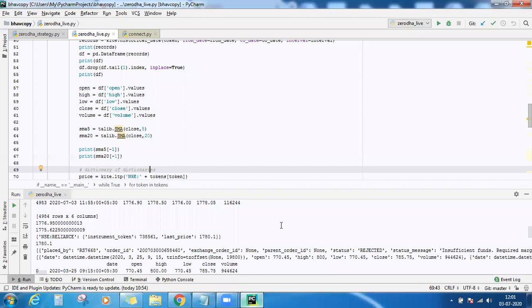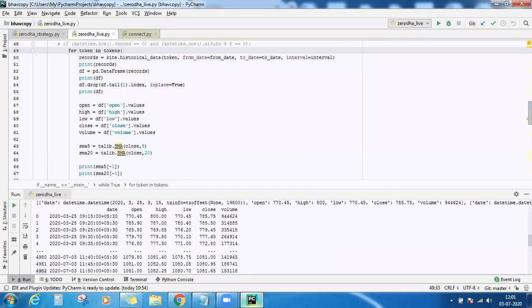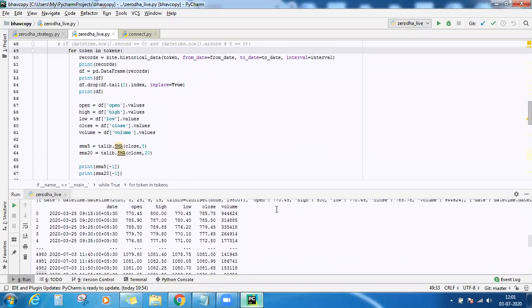So this is the Reliance data. Our first stock is Reliance. So what all things is it printing?